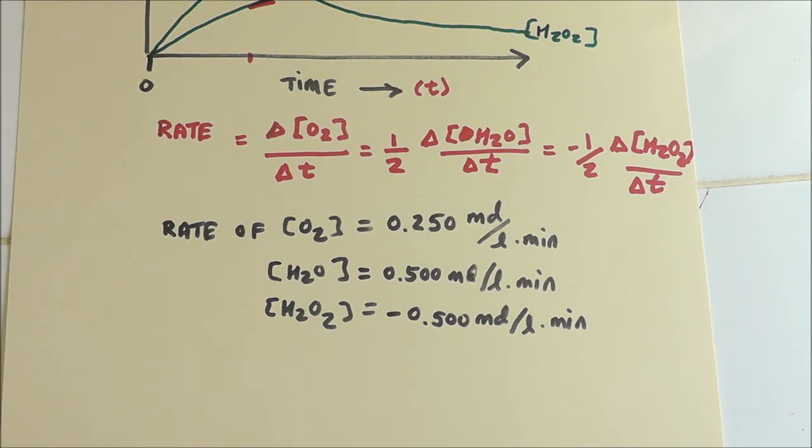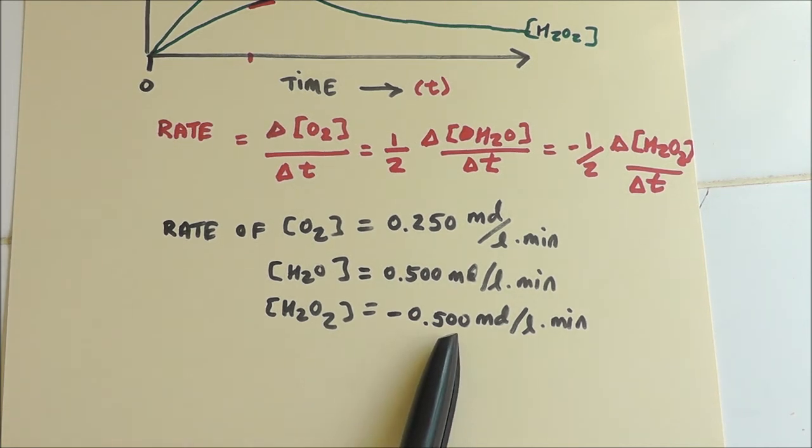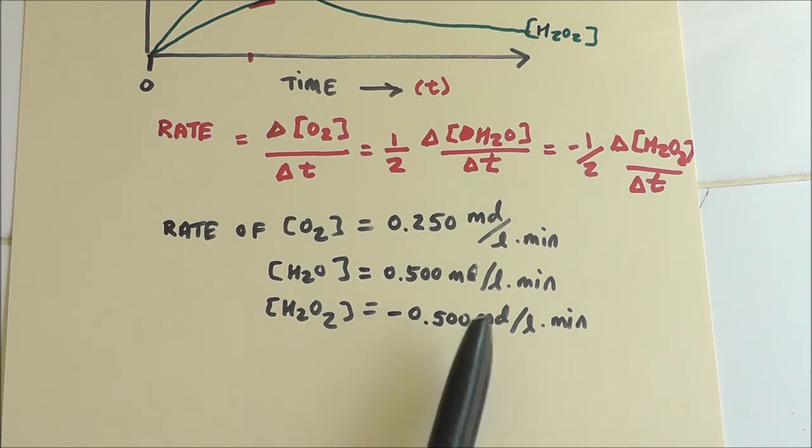So we could say the rate of disappearance is 0.500 moles per liter, and don't worry about the negative because you can't have negative stuff disappear. And so if you see a word like rate of appearance, rate of disappearance, it's now not necessary to worry about positives and negatives. But if they just say the rate of change, then it could be positive or negative. Is it going up or down?